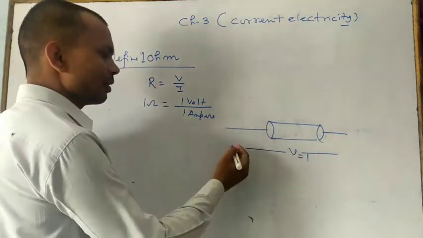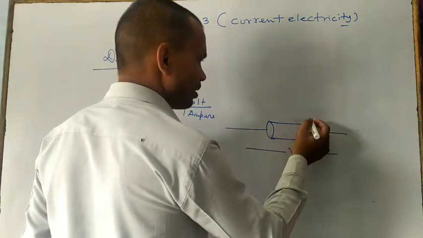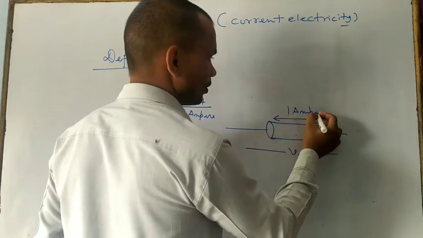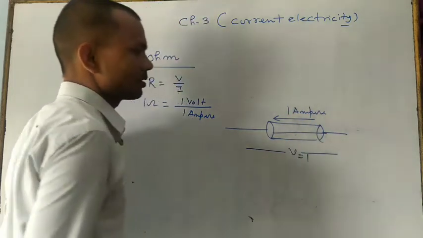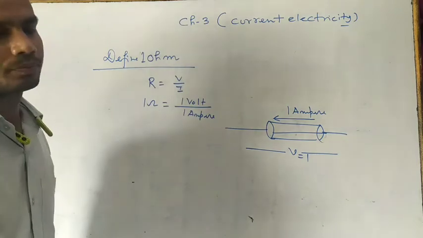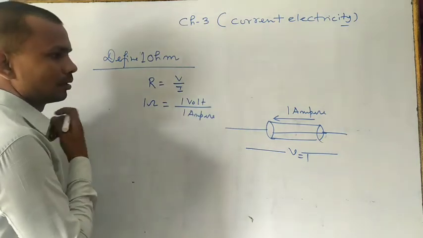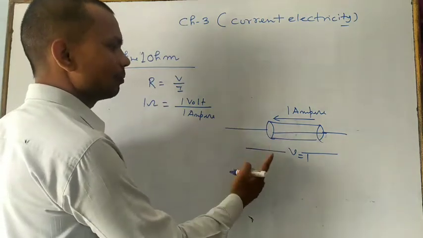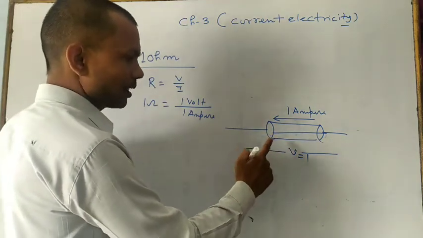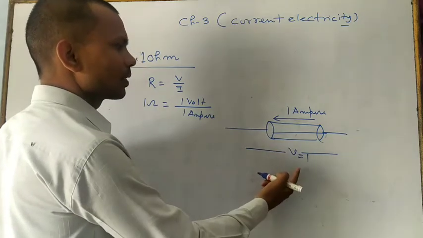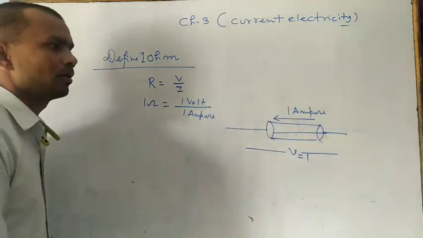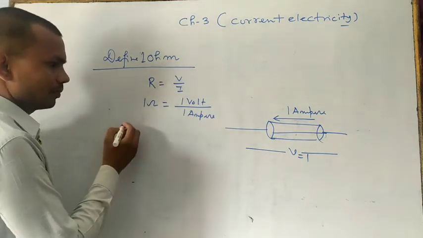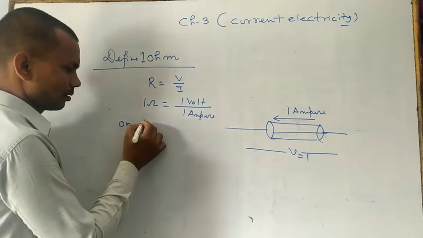On applying 1 volt of potential difference, if the current flowing through this conductor is 1 ampere, then the resistance offered by this conductor is 1 ohm. Means the resistance offered by a conductor is said to be 1 ohm if, on applying a potential difference of 1 volt across the ends of the conductor, the current flowing through it is 1 ampere. Right? So if you want to define, means on applying